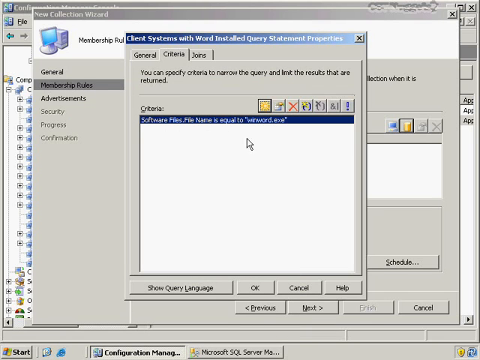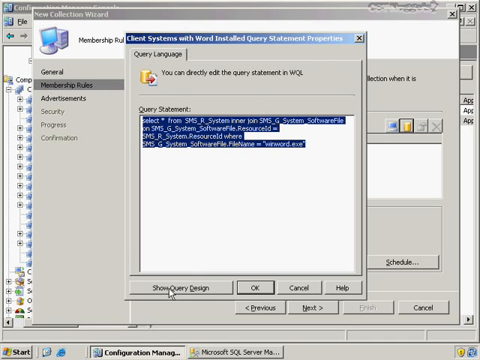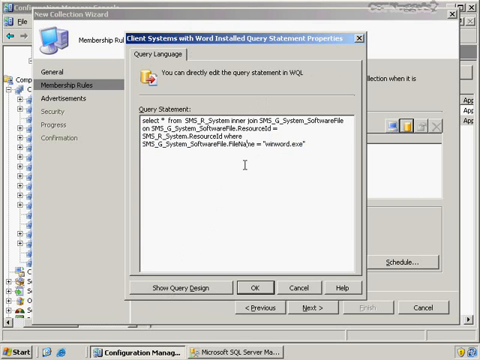I want to show you something that I didn't show you before. That's down here, this little button that says Show Query Language. A while ago, we talked about the difference between SMS query language and SQL query language. And if you're familiar with SQL query language, you know the select star from whatever table you want to select from, and then you do inner joins, and you reference the two, and you create the linkages. But inside of Configuration Manager, if you don't like using the interface, you can always also type in the information manually